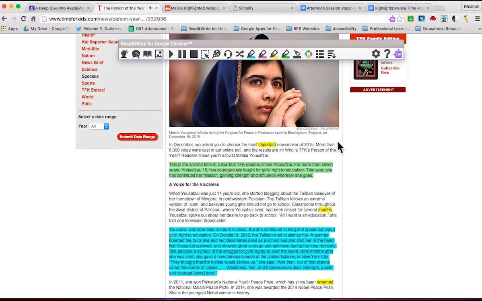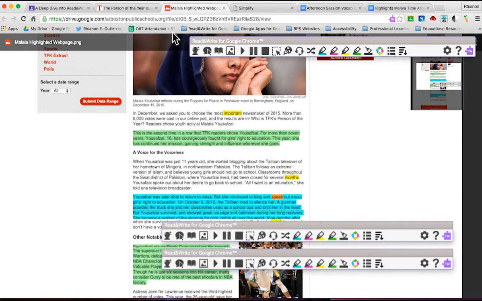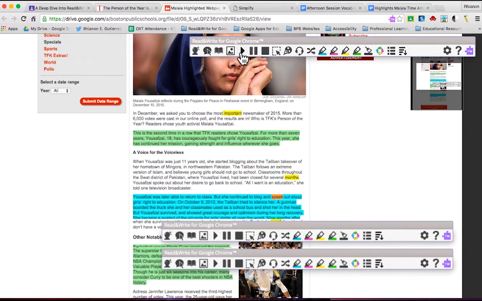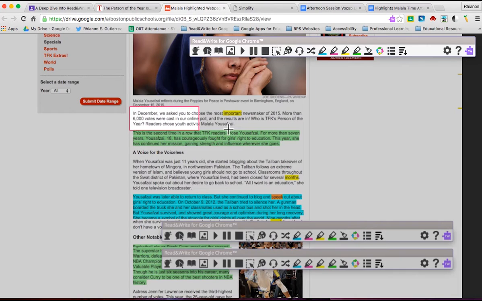I'm going to stop this and bring us to another sample document briefly. It is the Malala highlighted web page. Now this is a picture. So I took a picture here, and now you can assume that this is inaccessible. We cannot use hover speech, play, pause, or stop for this image, but we can use the screenshot reader. Let's test it out.